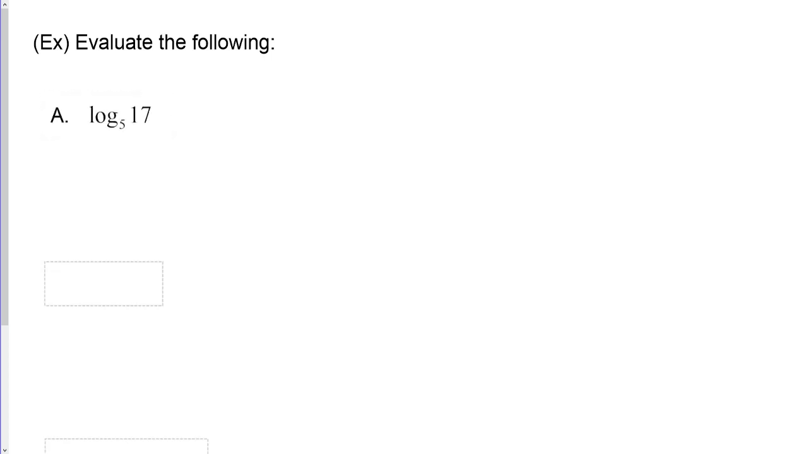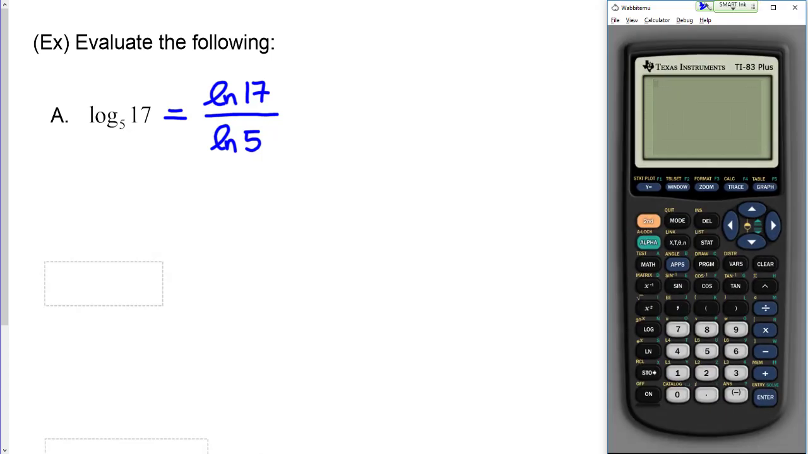Suppose we want to evaluate log base 5 of 17. According to the rule we just established, we can do this by taking the natural log of the argument divided by the natural log of the original base. You can kind of think of this rule as the base of the logarithm goes in the base of this new fraction. Works for me. Now, when I do this, I come over to the calculator and enter natural log 17,